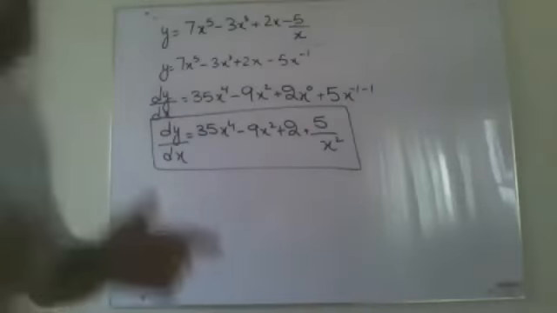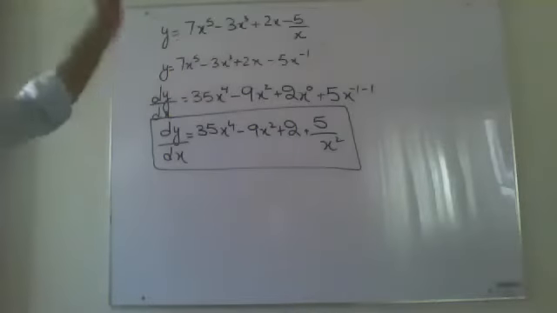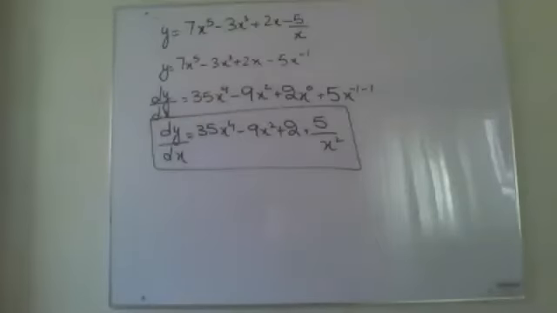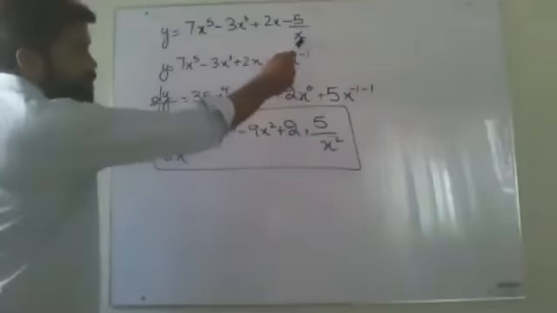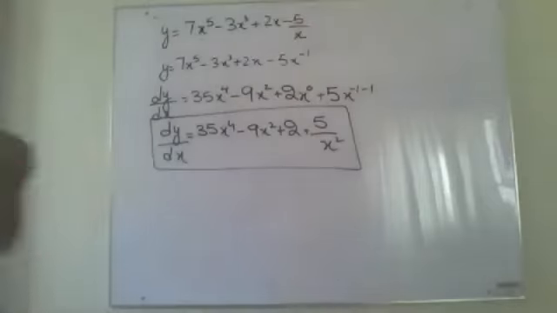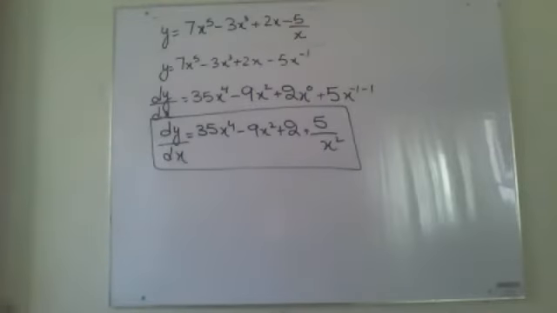then try to shift it to the numerator, especially if it is that variable with respect to which you are differentiating. Like over here I am differentiating with respect to x, so that's why I have shifted this x which was in the denominator to the numerator. Again I am telling you beta, write it somewhere that if a variable is in the denominator and you can shift it to the numerator, then do it.